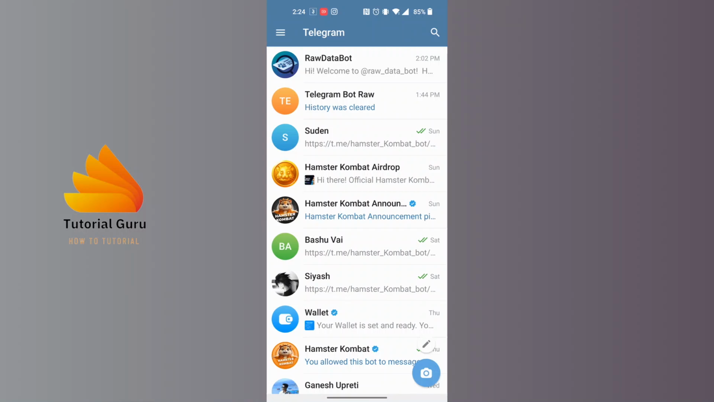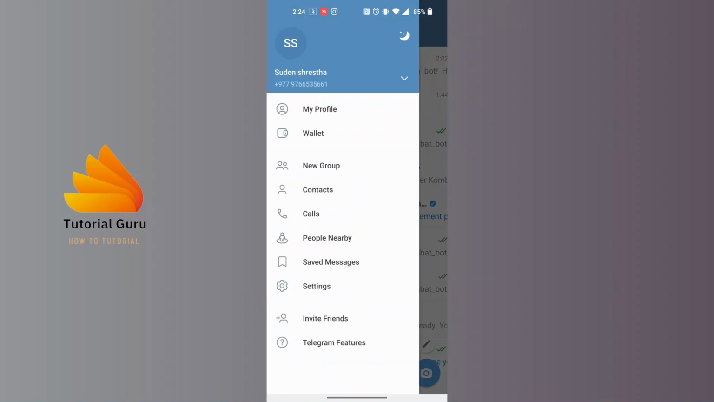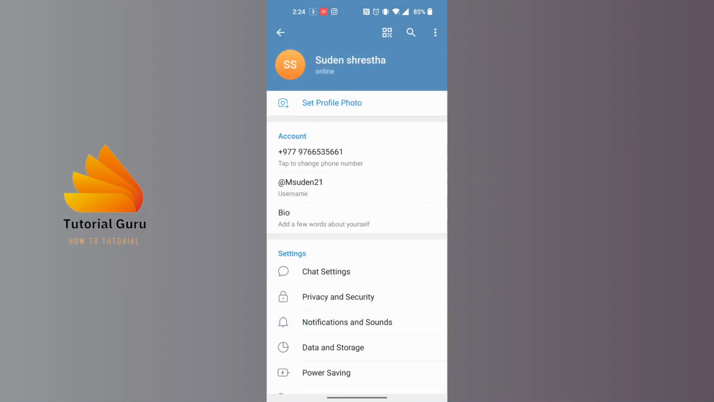And after opening your Telegram app on your phone, at the top left corner of your screen, you can see there is a three-lined icon available for us. Tap on that three-lined icon and you will be on this interface where you can see the settings option available for us. Just below the saved messages, tap on settings over here and you will have landed on this interface